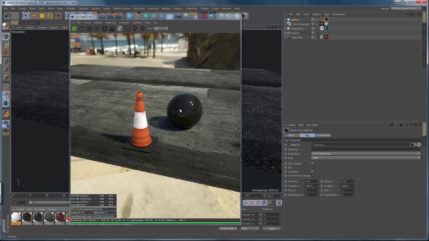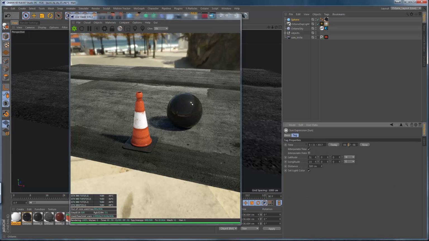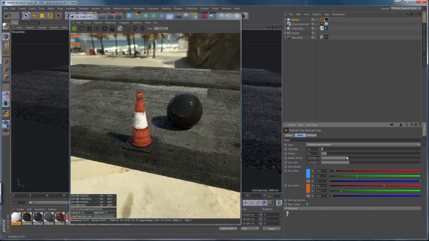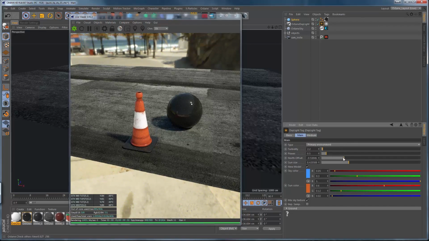And just like that, we have so much more control over the overall look, right? And you can see here's the visible sun in the specular on this material. You can see that, and then here's the HDRI sun. So what we could try to do, and I don't know if I'm going to even be able to do this, and typically I don't even do this, but let's see if I can match up and line these up a little bit here. Okay, so maybe that's about the height, and then let's jump back into this and let's change the northern offset. Okay, no, we definitely gotta